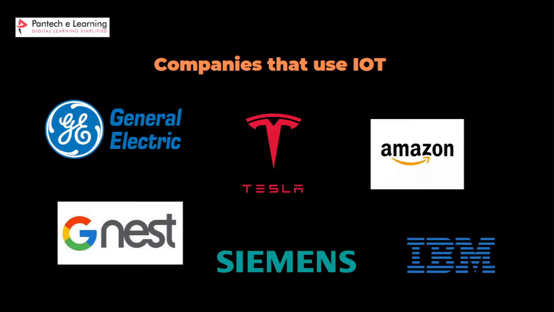And coming to Siemens, it uses IoT technology to monitor and control building systems such as heating, ventilation and air conditioning to improve energy efficiency and reduce cost. And now,